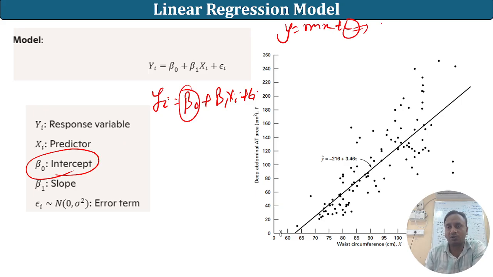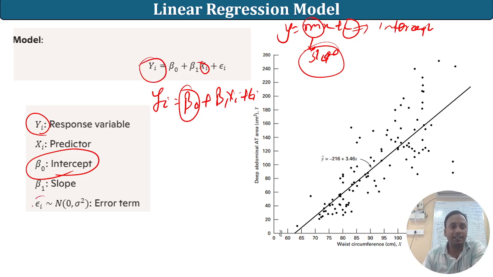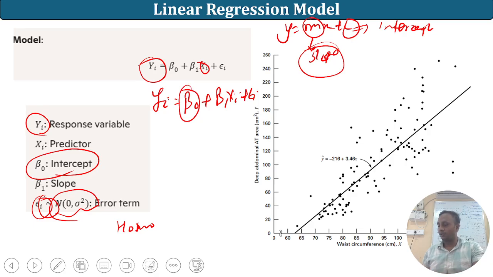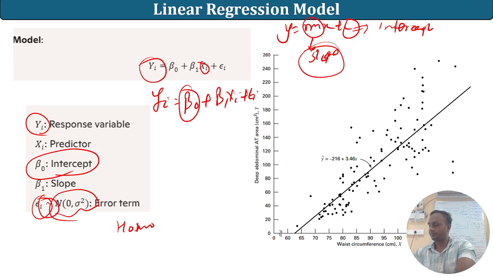The c shows the intercept. This m we call the slope, x is the predictor and y is the response variable, so based upon x, the y is going to change. Then that's the error term, which should follow the normal distribution. One more is homoscedasticity, an assumption that will come into the picture. So the main idea is a statistical model that will tell